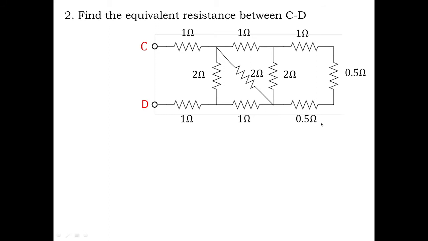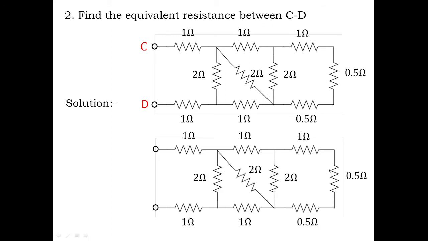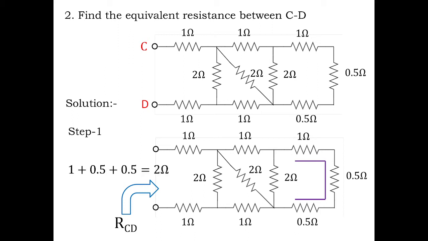So the given problem I have taken like this, and the same steps which I followed for example 1, I will follow for example 2 also. I will start calculating the equivalent circuit from the terminating point. So this is the reference point and this is the terminating point. So step 1, we have to calculate the reference RCD on the left side of the problem, and from the right side we start calculating 1 which is in series with 0.5, again in series with 0.5, which gives us the value as 2 ohms.